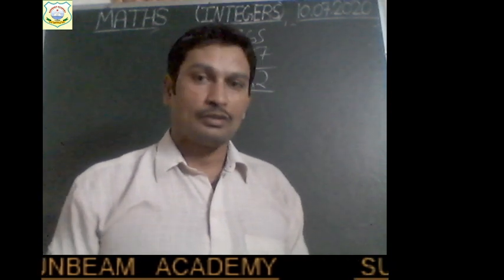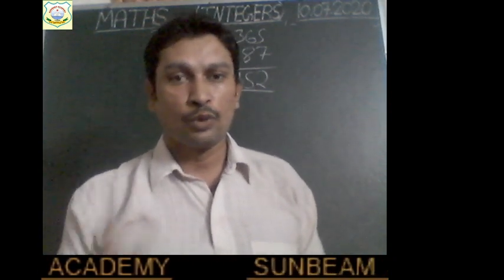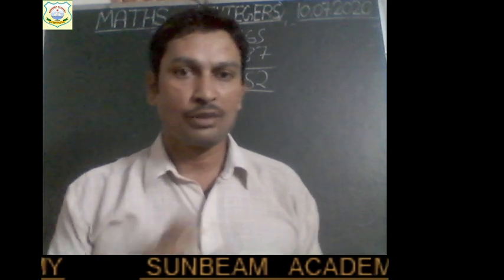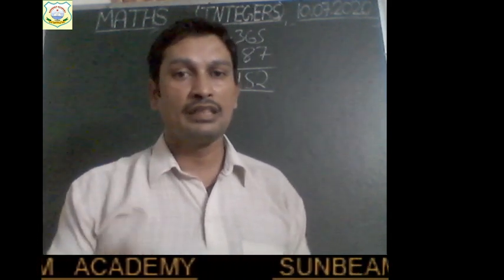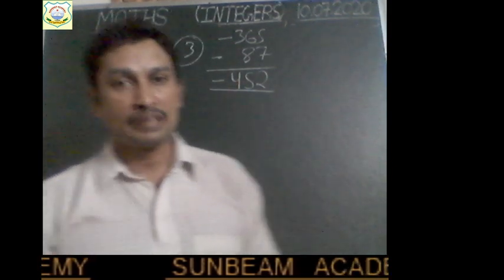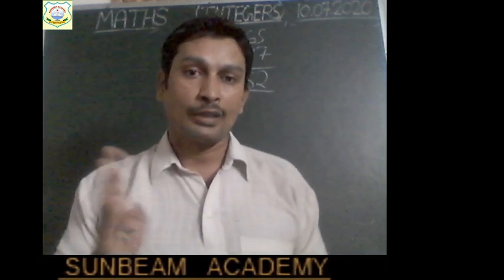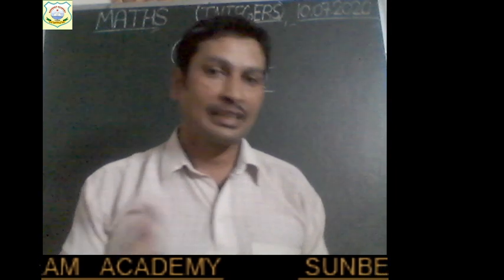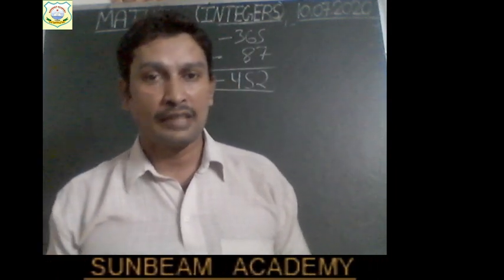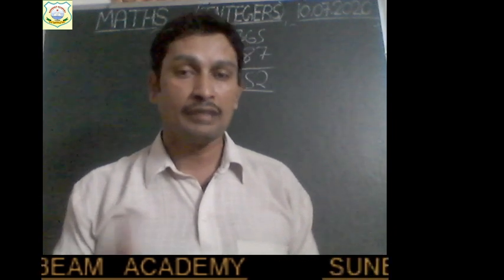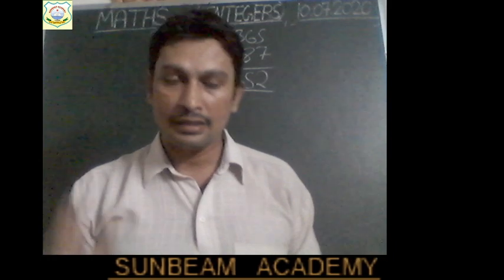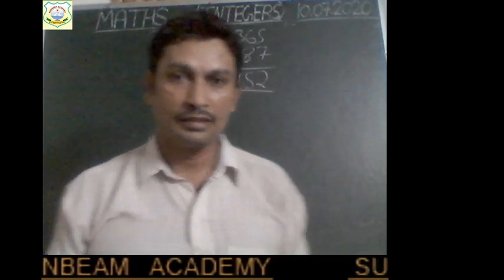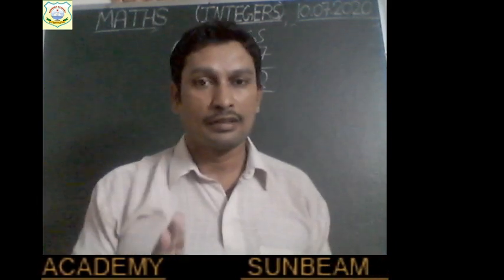So you have to add or subtract in the same way. The only thing you have to keep in mind is the sign, right? For the same sign we will add, for opposite signs we will subtract. The sum of positive integers will be positive, the sum of negative integers will be negative. Okay, and if integers have opposite signs, we will subtract and we will use the sign of the integer whose absolute value is greater, right? This is all you have to learn.